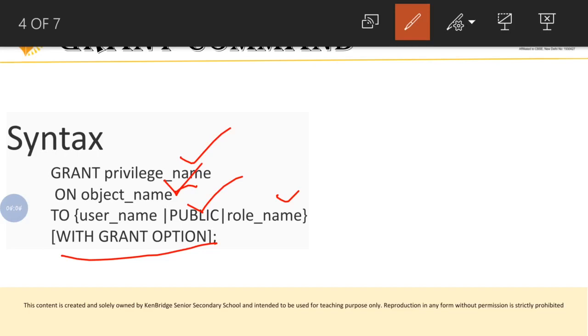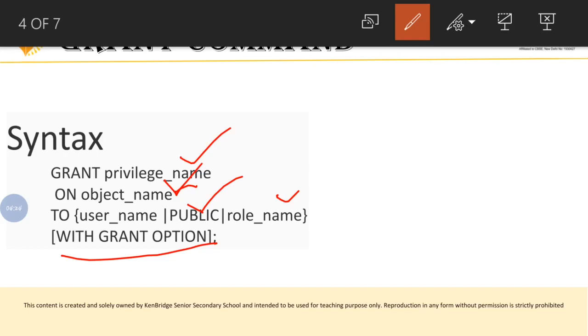So now can you understand the use of with grant option? If you give create table privilege to user 1 with grant option, that user can give the permission to someone else by himself.